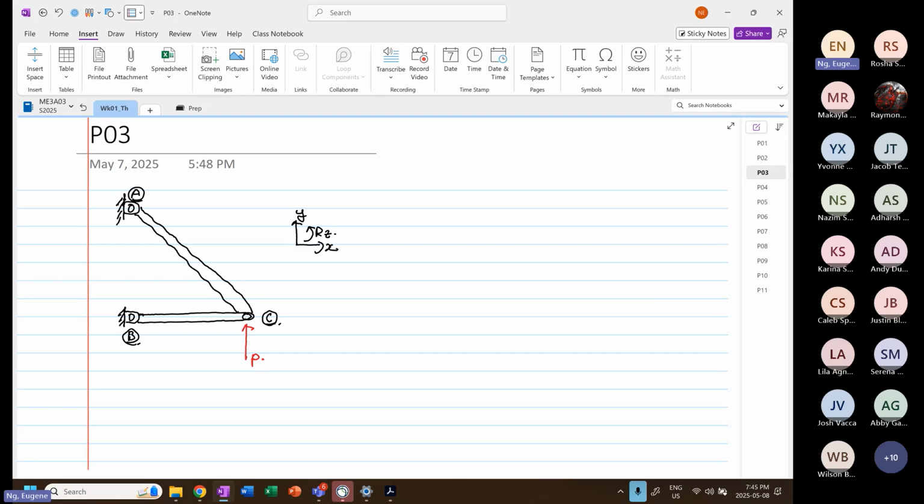Why is it in compression? Okay. So before we break anything down, it's important to make some assumption over here. Okay, so we are going to assume